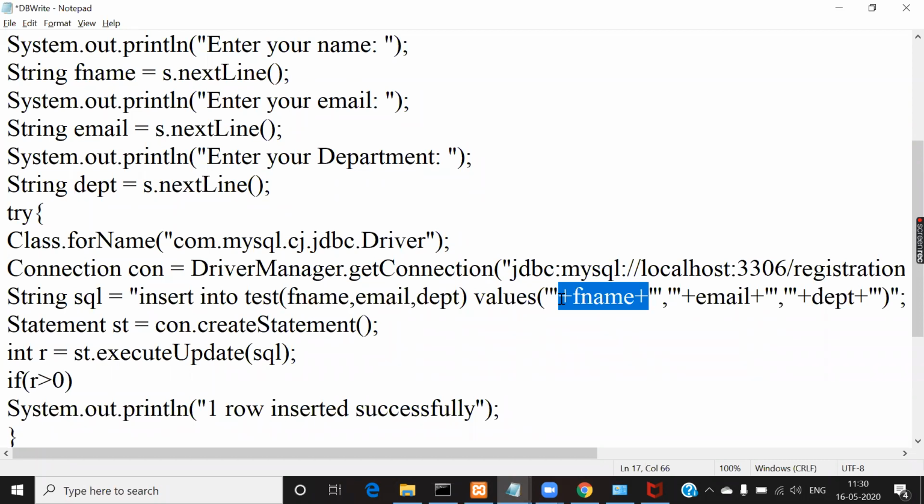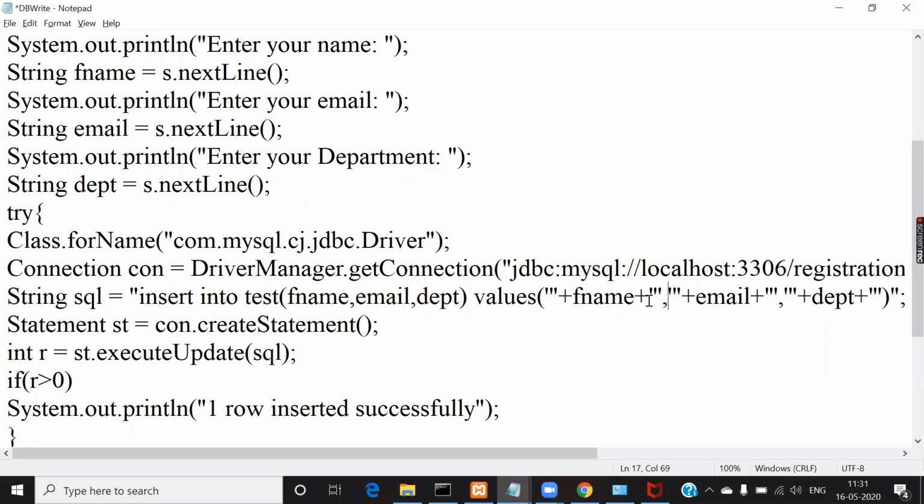Where is our value for faculty name? In the fname variable. So just concatenate, using the concatenation operator, the variable name fname, and again it must in turn be concatenated with the second value, right? Before concatenating with the second value, we need to close the single quote for the first value, which we opened here. So after the plus symbol, open the double quote and close the single quote.